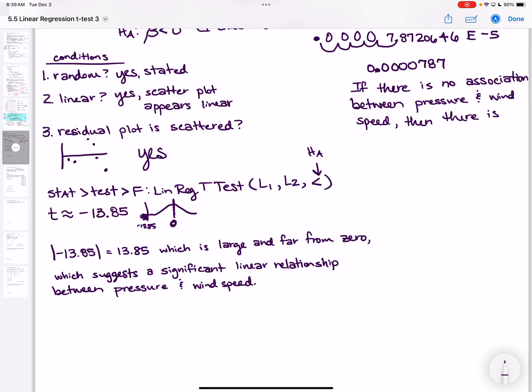So basically 0, right? So then there is a 0% chance